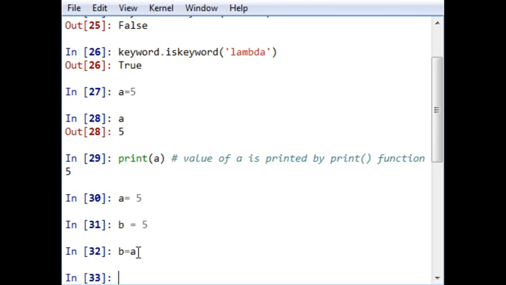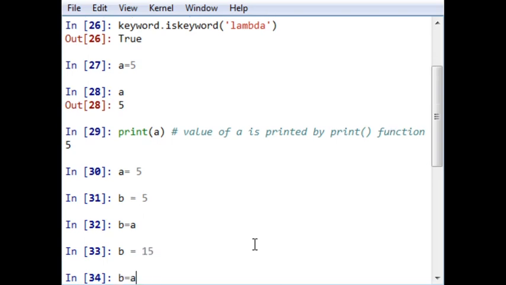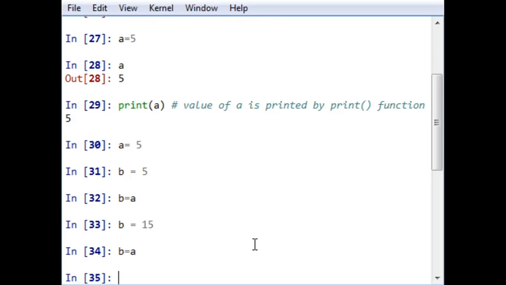Because when b is equal to a is executed, a is equal to 5, b is equal to 5. Now let us change this variable. Let me say b is equal to 15 and b equal to a. Now, it is not showing any output. Why? That will be discussed further.